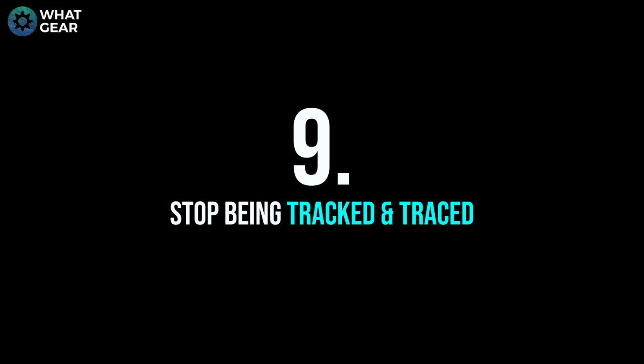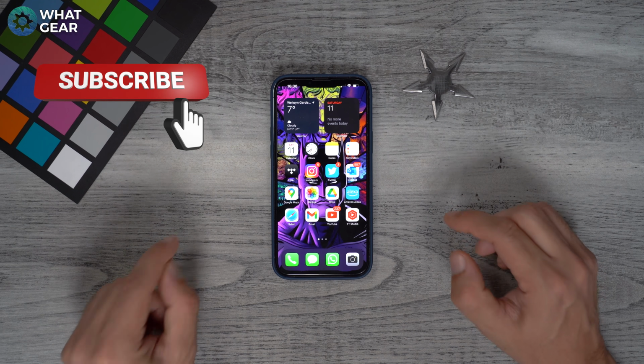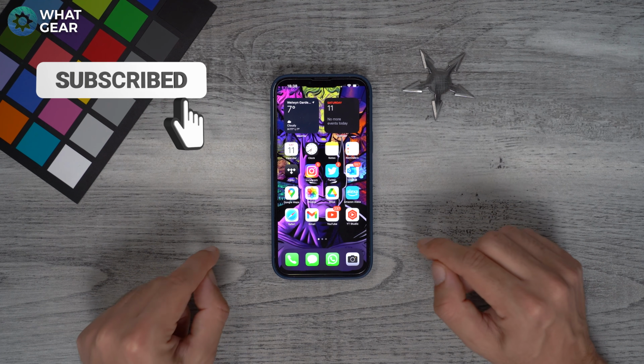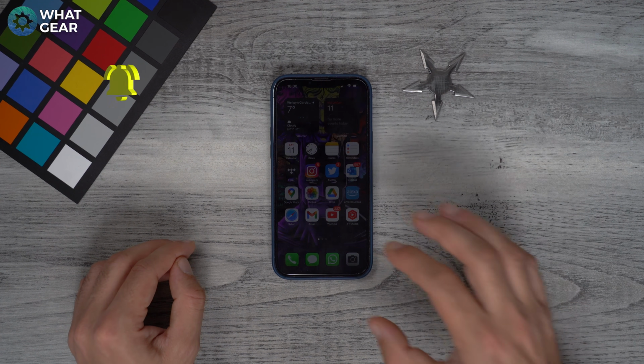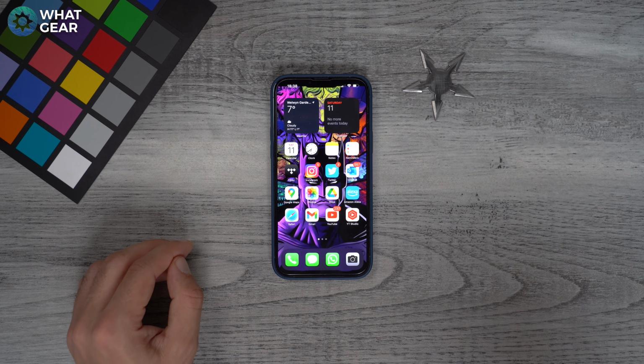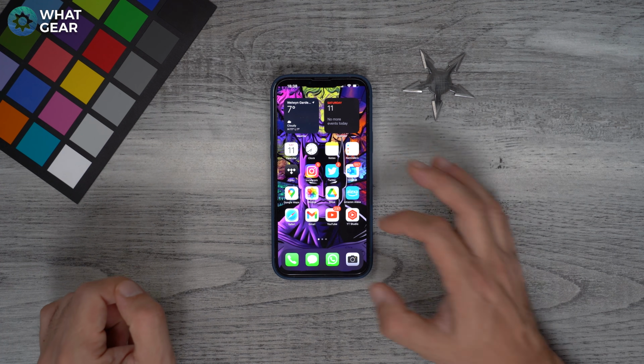So some of you might know this, some of you might not. But when you download apps onto your iPhone, sometimes by default, they'll be tracking your activity across other apps. And you can actually take control back from these apps whenever you want. And it's important you do it. And in fact, it probably should be one of the first things you do when you get one of these